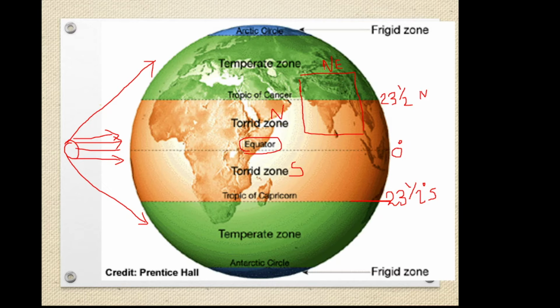Suppose you are studying the location of India. India is located in the northeastern hemisphere, because this is the direction called north, this is south, and this is east. Then west is also there. These are the main directions, isn't it? When we talk about direction, India is located in between north and east, so this is the northeast direction. So India is located in the northeast direction.